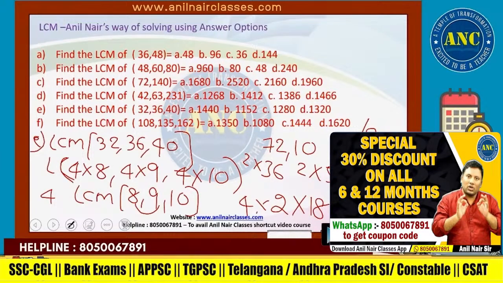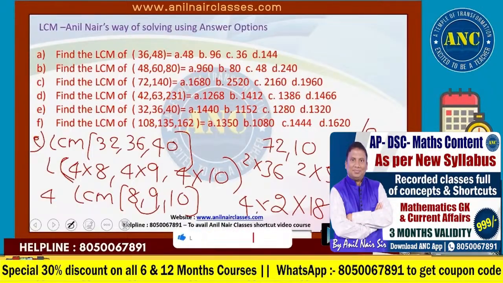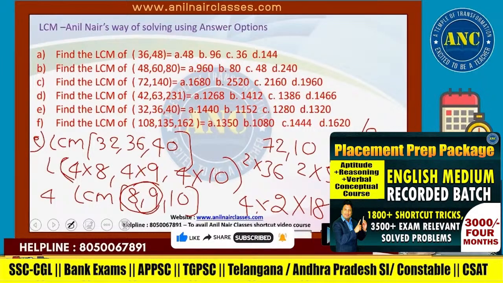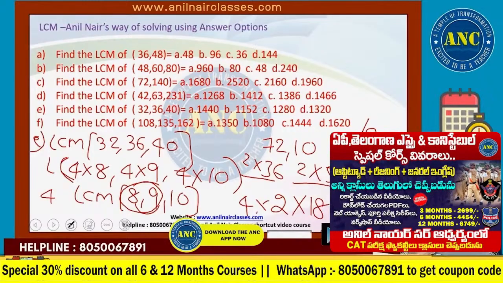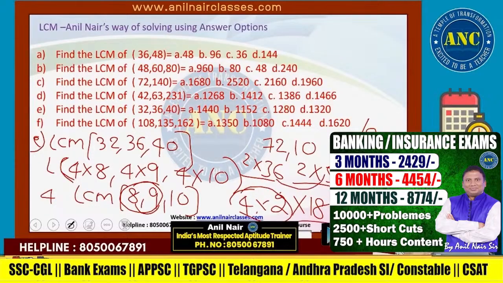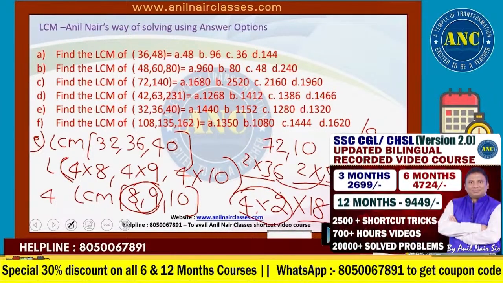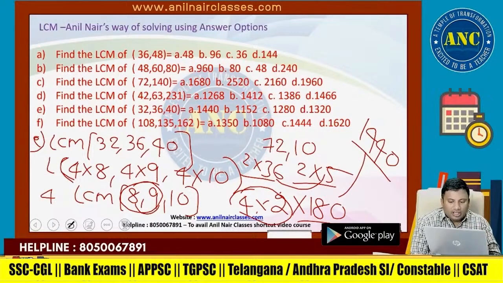4 into 8, 4 into 9, 4 into 10. 4 is taken out. 8, 9 and 10. 8 and 9 are consecutive, so the LCM is 72. 72 and 10: 2 into 36, 2 into 5. 2 is taken out. 4 2s are 8. 36 and 5 are co-primes. LCM of co-primes is their product, 180. 8 into 180 is 1440. I hope the idea